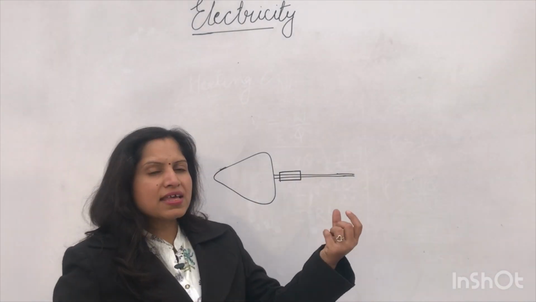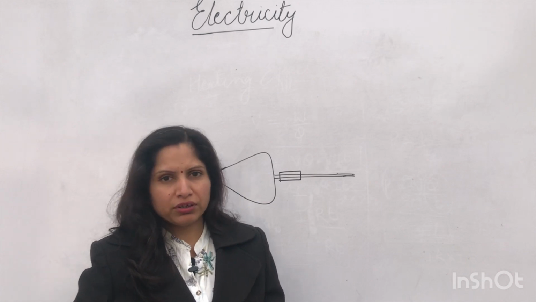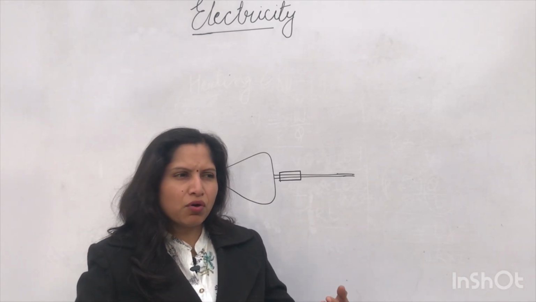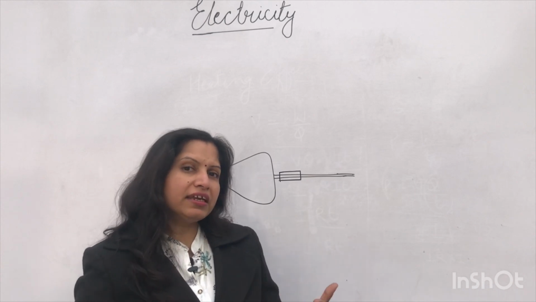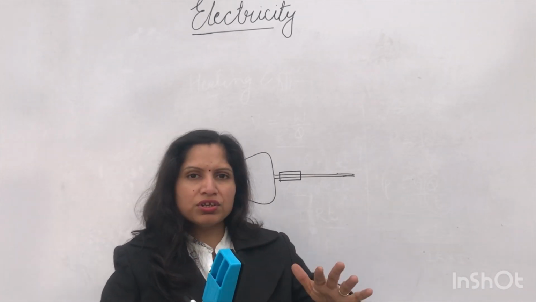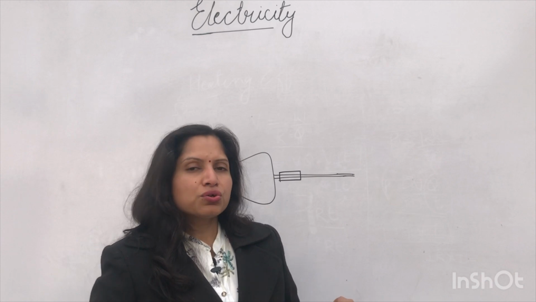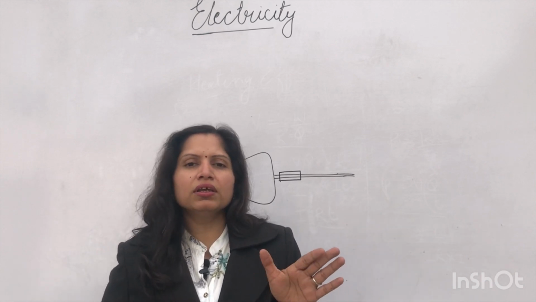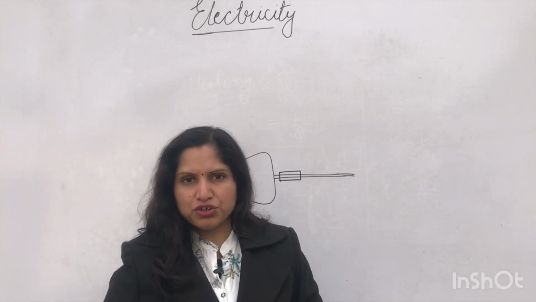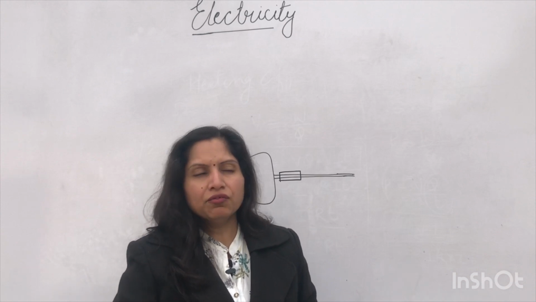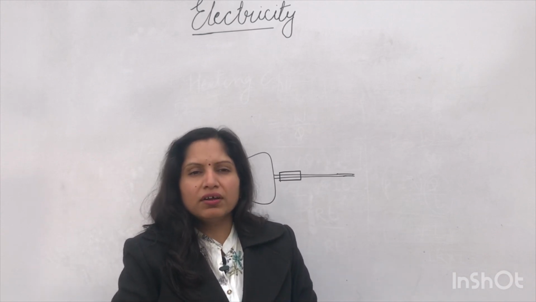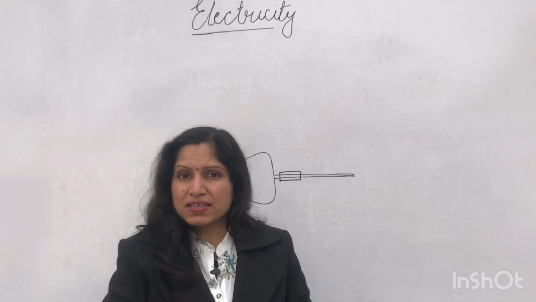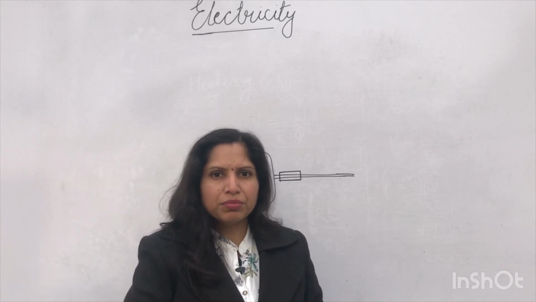The fuse wire has a peculiar melting point. This fuse wire could be made up of copper, aluminum, depending on how much heating we want, how much we want its melting point to be. So it allows a particular amount of current to pass through it. For example, if it allows 5 ampere current to pass through it, and if the current coming through the circuit increases to 6 ampere, then because of that